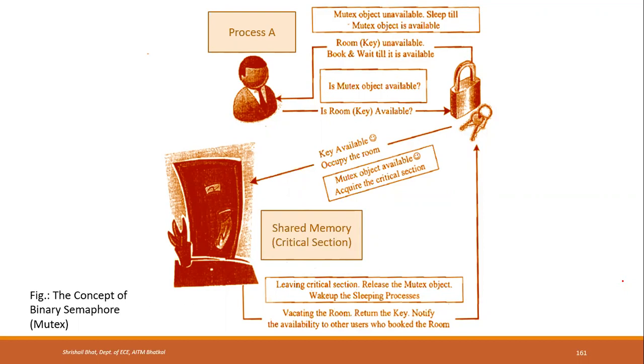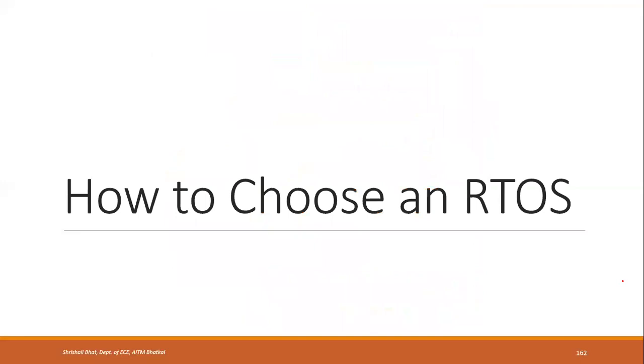So this is what we have in our topic of task synchronization techniques by using semaphores, that is binary and counting semaphores. The next topic we have in this chapter is one more important topic, that is how to choose an RTOS. So we have seen multiple features and different requirements of RTOS. Based on this, we need to choose an RTOS. There are multiple RTOS available, so you have to choose the one suitable for your requirement properly.